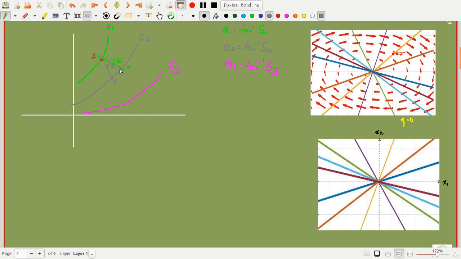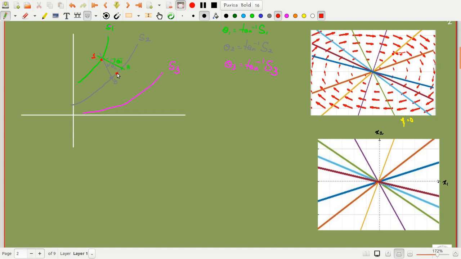So what does this green line say? The green line has left point 1 at an angle theta 1, and the gray line says that it has left point 1 at an angle theta 2. So that means our trajectory is somewhere between these two. It leaves here at theta 1, but it comes here near theta 2. So it is somewhere midway between these two. Our next point would be somewhere here. In the midway of A and B, we have to find the midpoint of A and B and then mark it here.